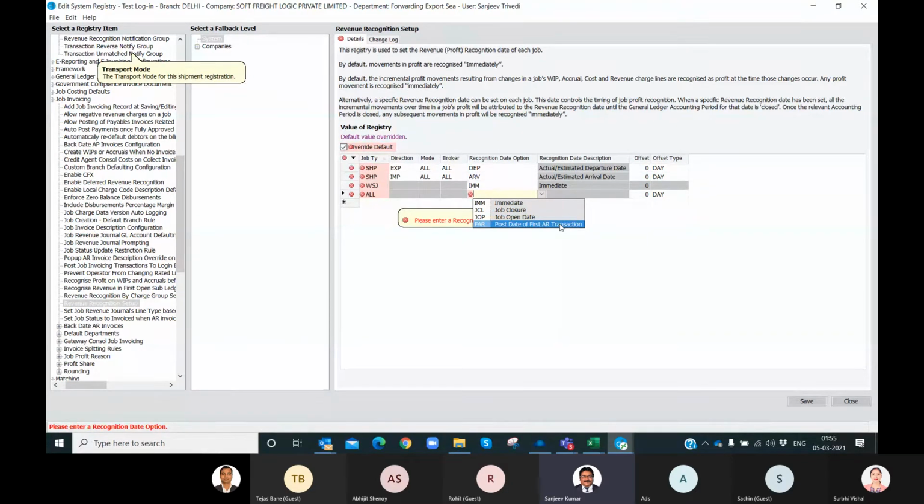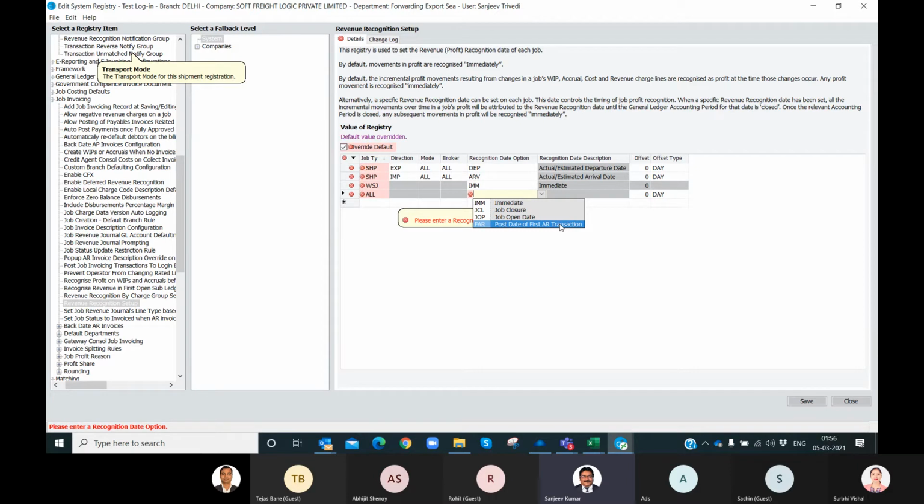Now, suppose we select job closure. Till the time the job is not closed, where will that transaction appear? Because if the job is not closed, it means revenue has not been recognized.